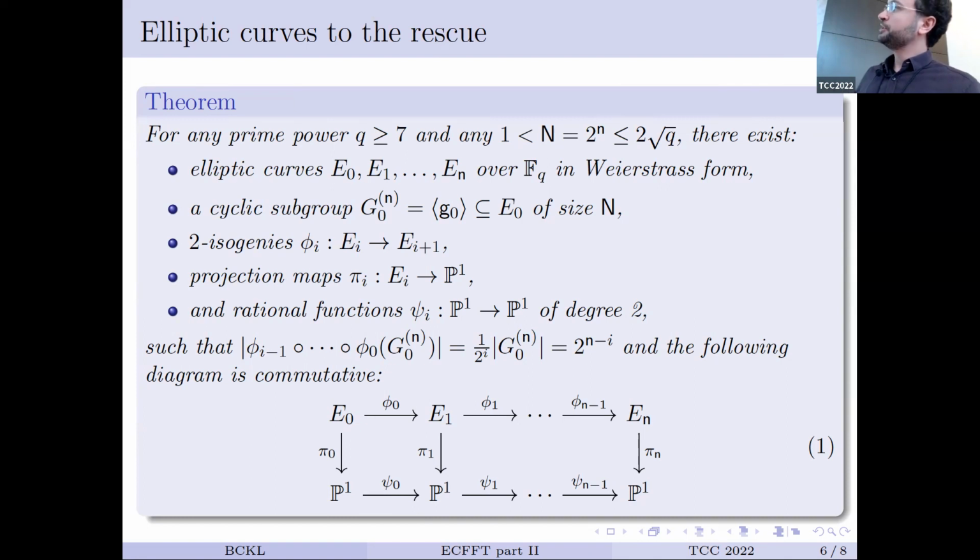We also have the projection to the x coordinate: from (x, y), we go to x. That's also a 2-to-1 map on curves that sends (x, y) and (x, -y) to the same x coordinate. When we look at what these functions on top do to the x coordinate, we get rational functions of degree 2, which just look like x + b/x. And these are also 2-to-1 maps on special sets that we get from these curves. All of these things come together to help us with making similar constructions. So x + b/x, in the place of x goes to x squared.